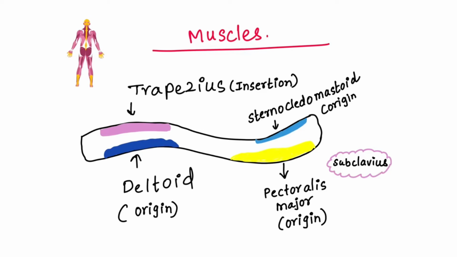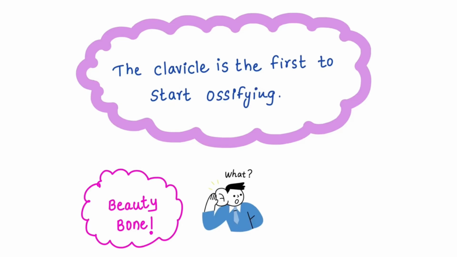Now it's time to look at an interesting fact about the clavicle. The clavicle is the first bone which starts to ossify in our body, and it is also known as the beauty bone. Okay, so we have revised the clavicle,